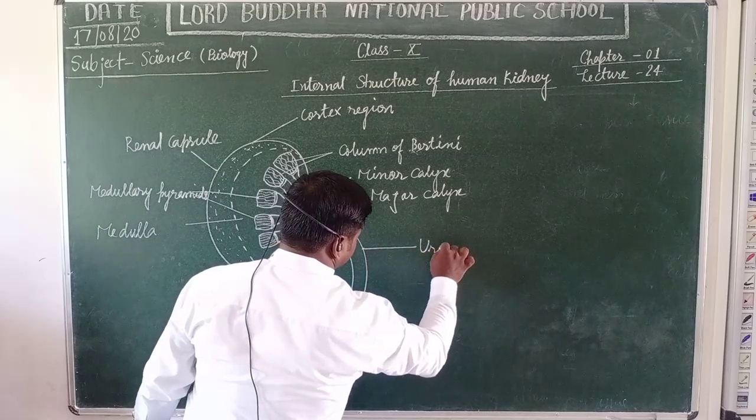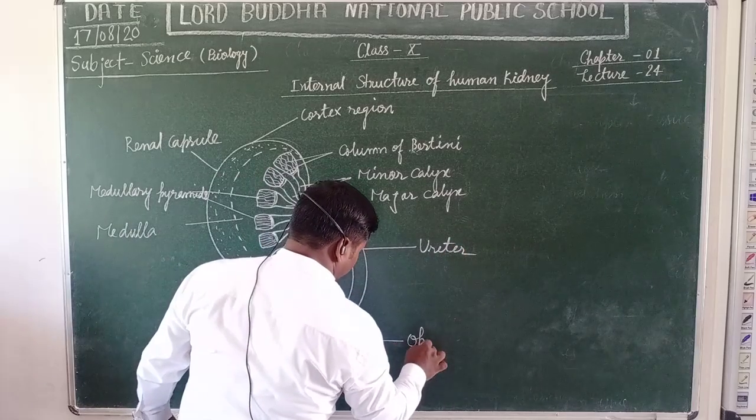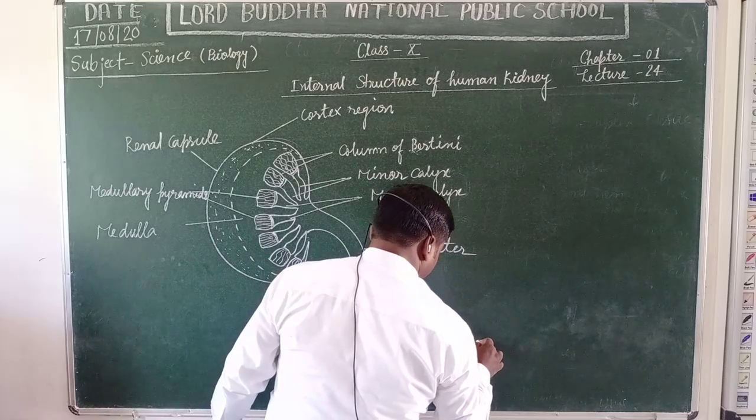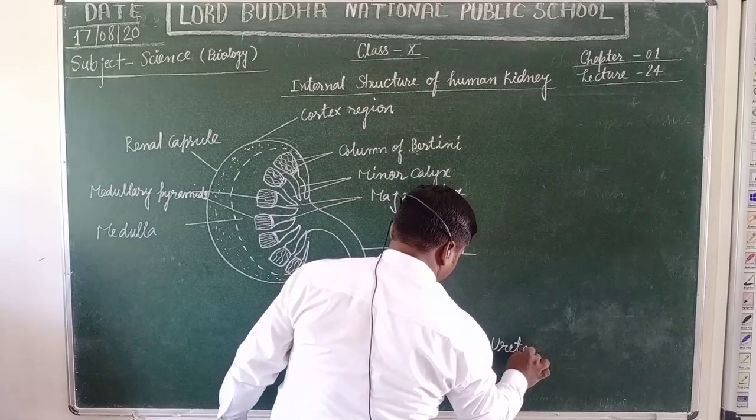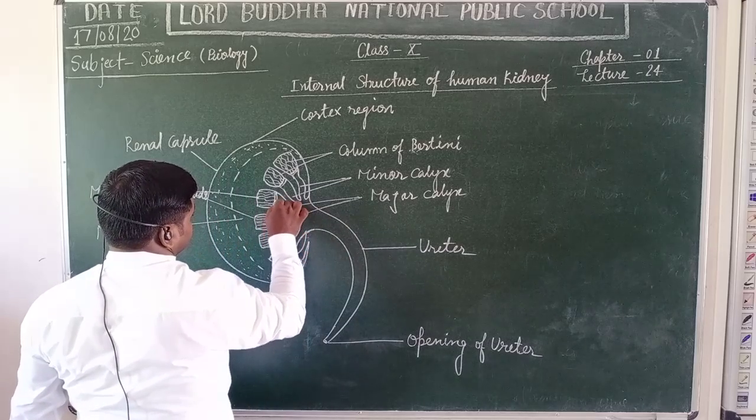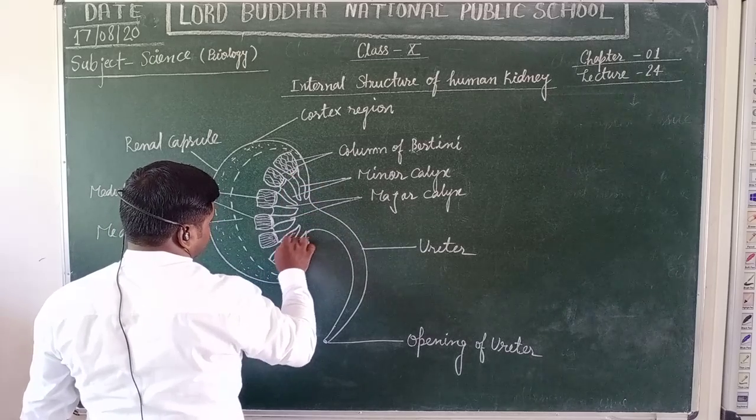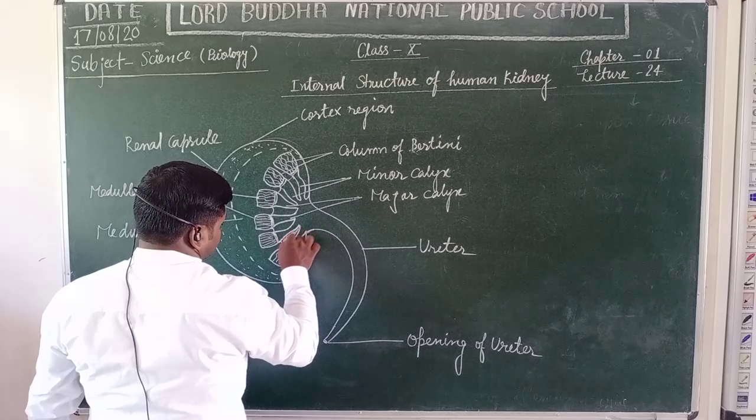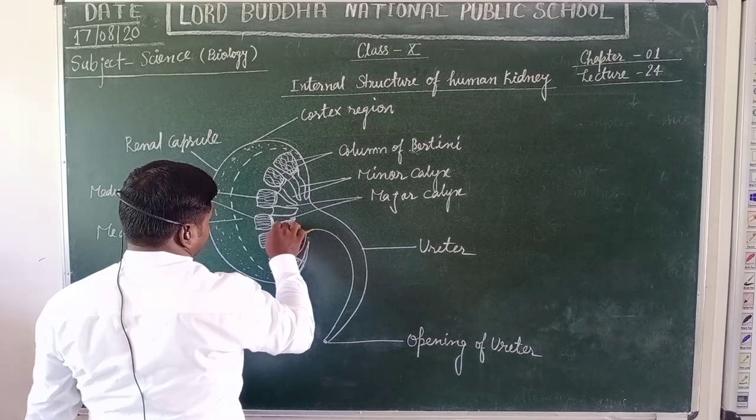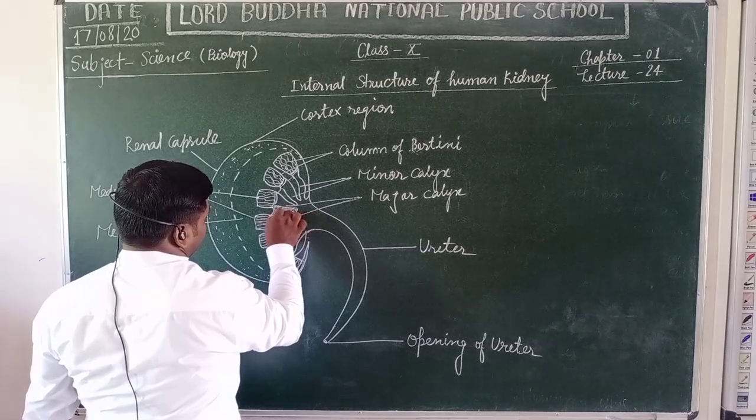This is the ureter through which the filtered urine passes, and this is the opening of the ureter that opens inside the urinary bladder. These are the papillary regions, also called renal papilla. These form the separating strands among each and every pyramidal part of the kidney,